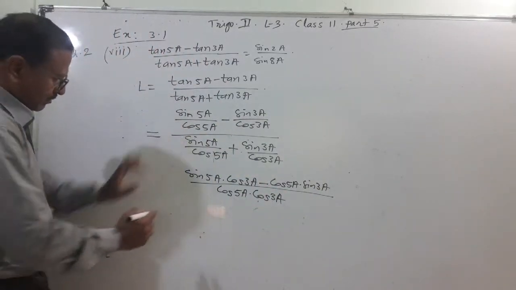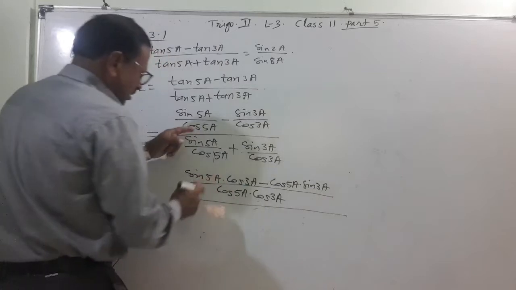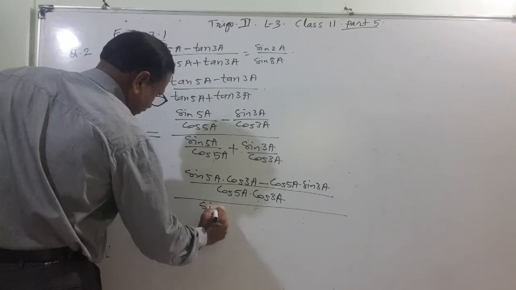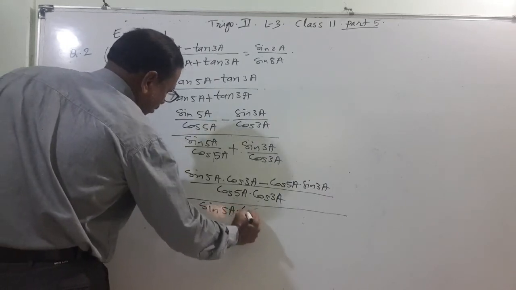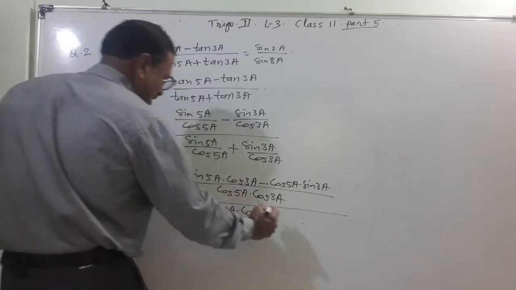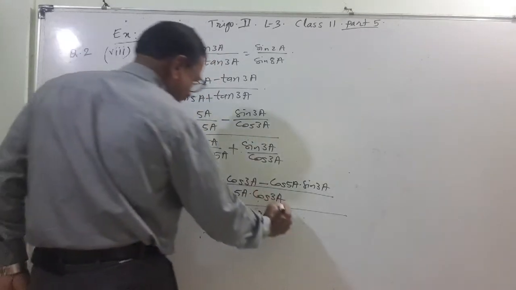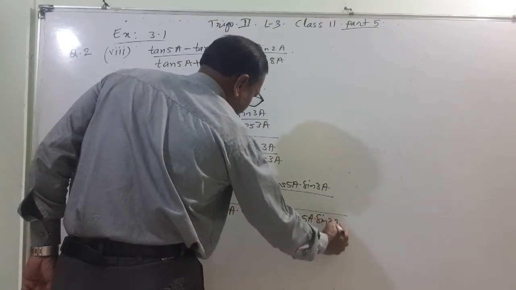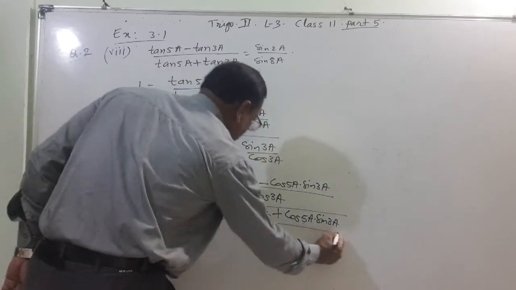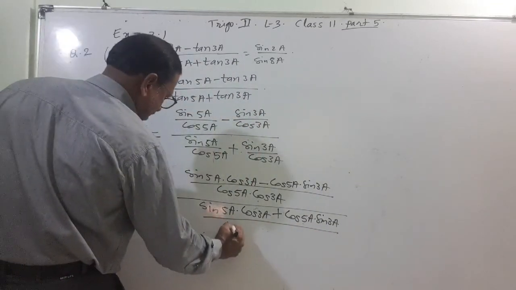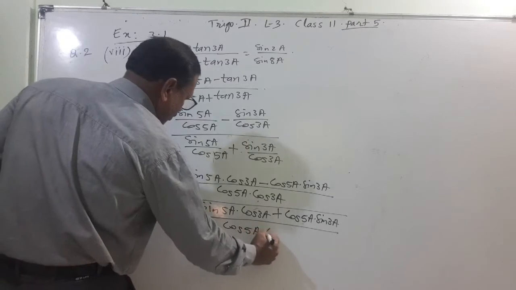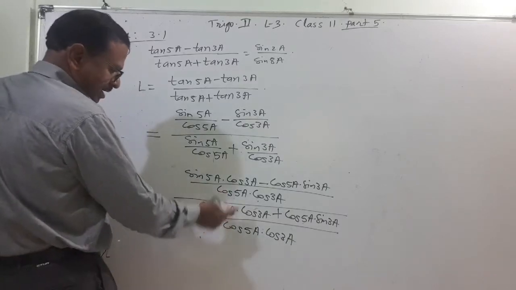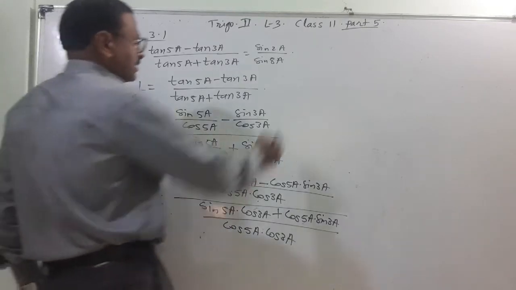Now this denominator: this into this plus this into this. So sine of 5A into cos of 3A plus cos of 5A into sine of 3A, upon the denominator cos 5A into cos 3A. This denominator gets cancelled, and what remains is